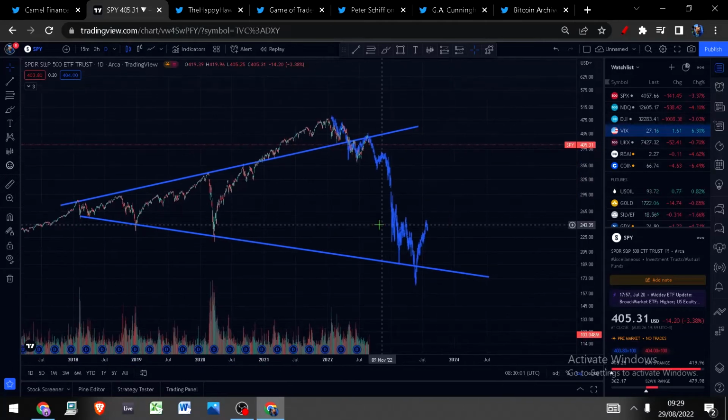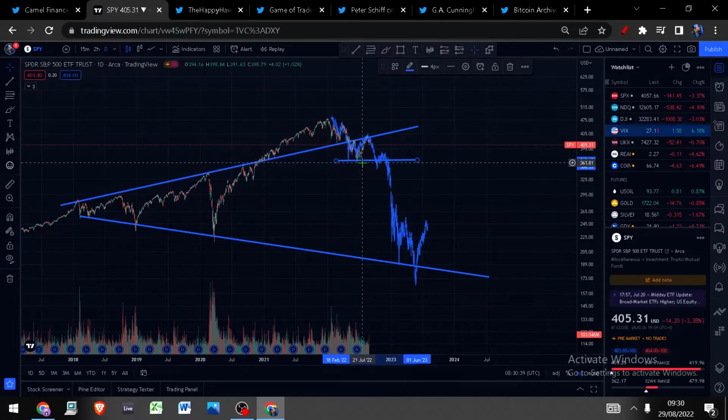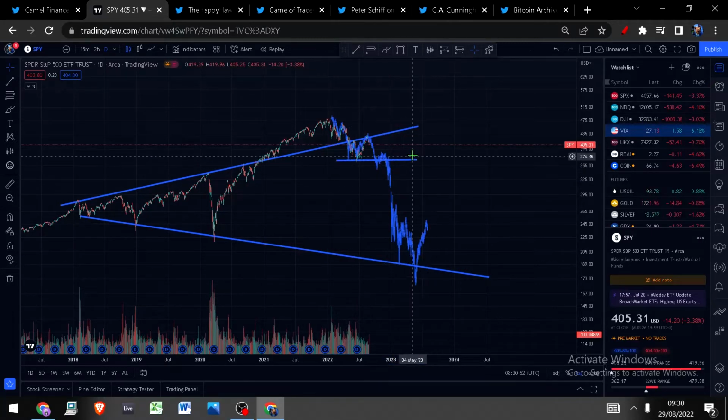So how do you know if this is on the table? Well, if we lose these lows down here, then the path of least resistance is down. If we lose these lows from back here in June, enormous downside definitely becomes the most likely outcome in this scenario. So these lows have to hold, otherwise another 50% drop is potentially